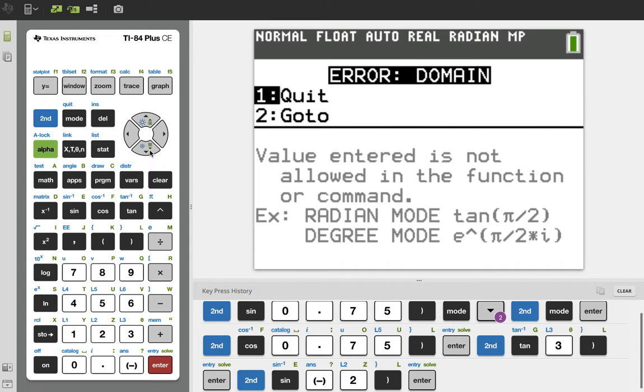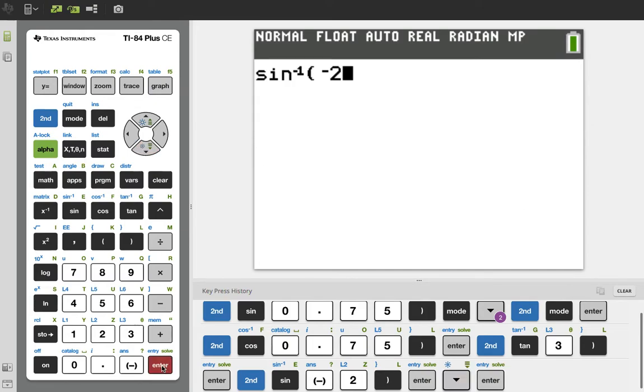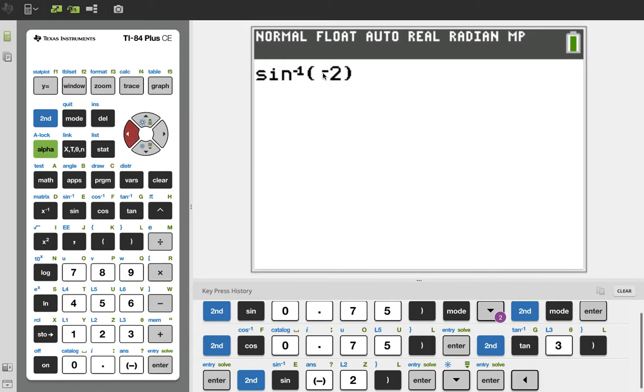And you'll see that if you try to find something like inverse sine of -2, you're going to get an error. So these types of values are not allowed. It says here, no good. Now if I change this to a -1/2, then